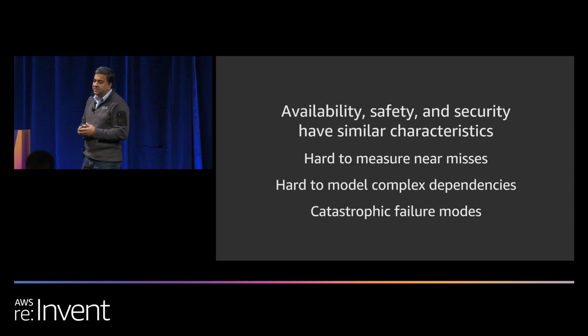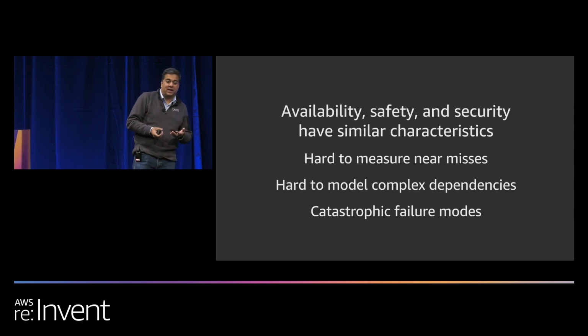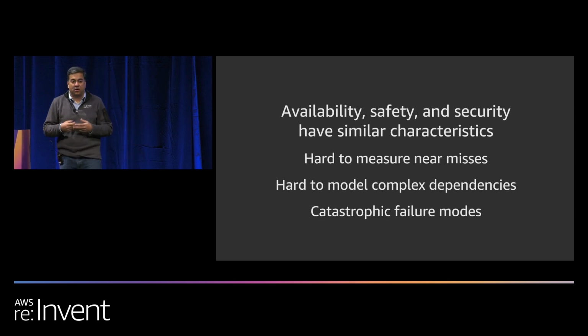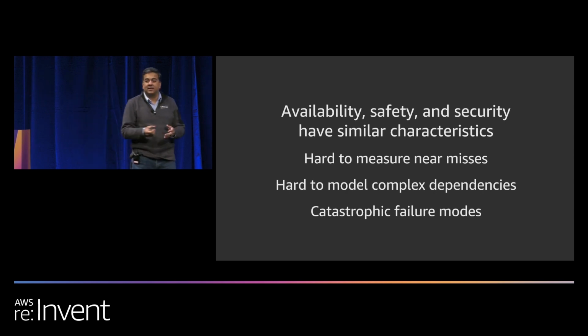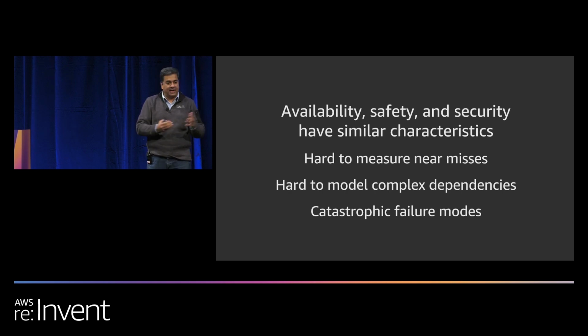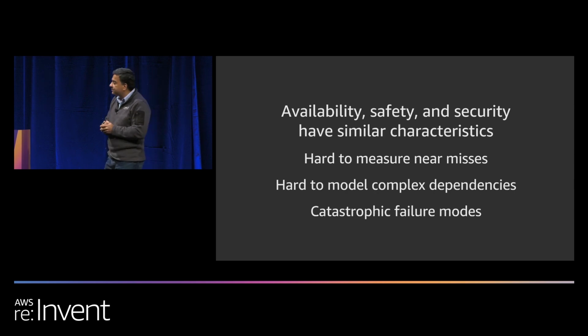They have similar characteristics in the sense that it's hard to measure a near miss. A miss is as good as a mile. So if you have not captured the details of your application as why it failed, then it's hard to recover or hard to create a model to recover from that. An example of that is, we see this all the time in operations, right? An operator sees something failing, and he'll at the last minute do a deep dive, and he'll save the application from really failing. But then he will not feed back the loop, right? He will not close the loop back to the developer. Hey, there's something that happened here. This is what we need to do to fix it. So that's a miss, and it's hard to capture that.